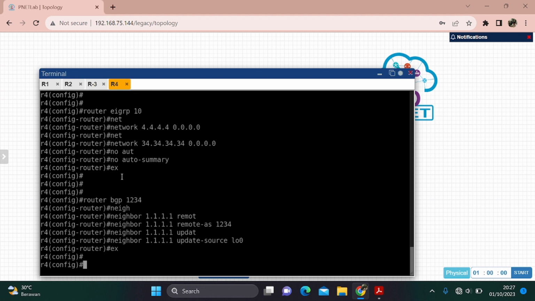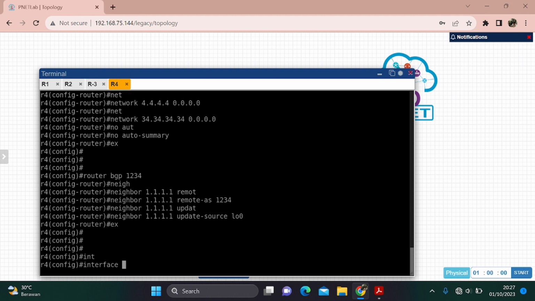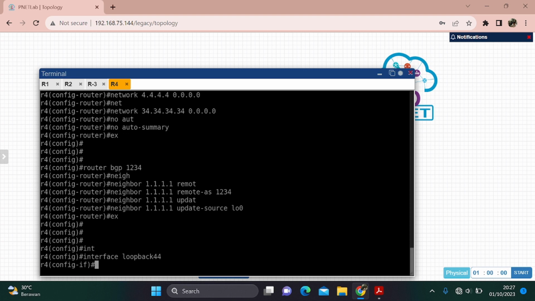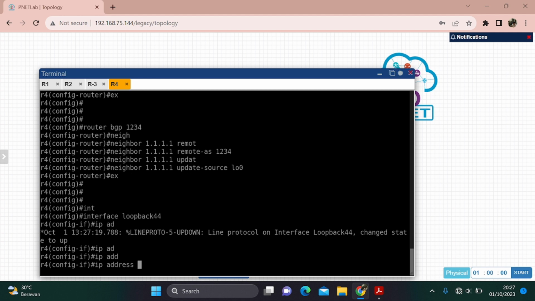And then go to router 4 and then interface loopback, and the IP address.